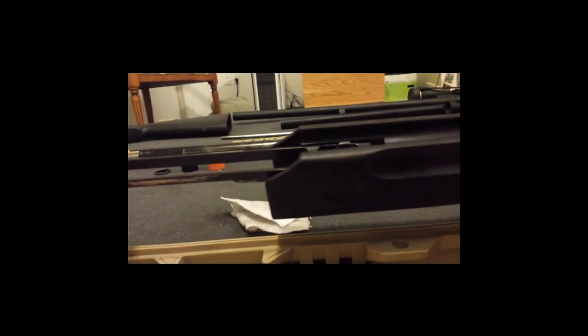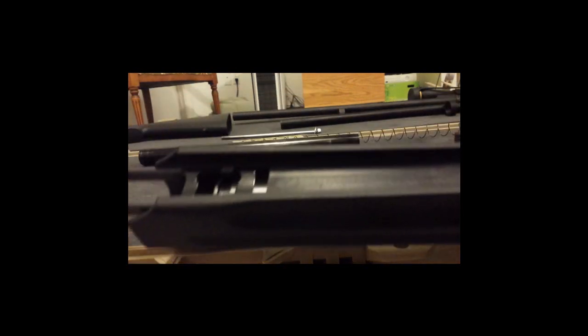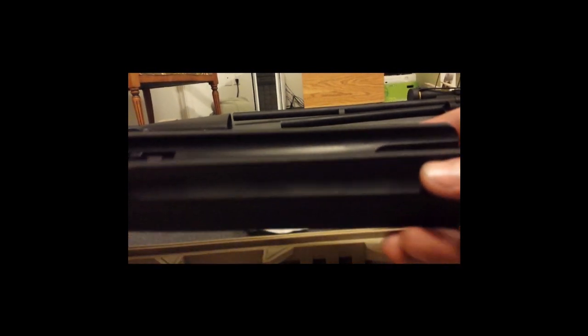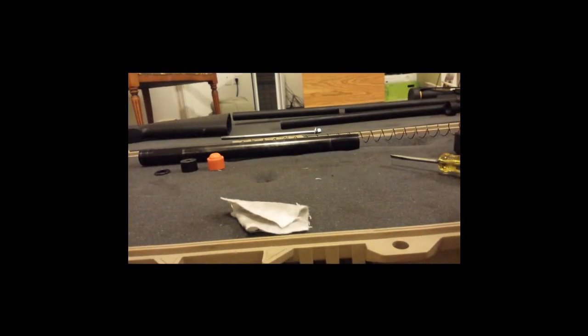I have finished screwing everything back together, and the slide will not come apart from the barrel. I tightened this down as well as I could. I went ahead and just used a pair of pliers and grabbed it and spun it around. That is satisfactory. Alright, next we are going to install